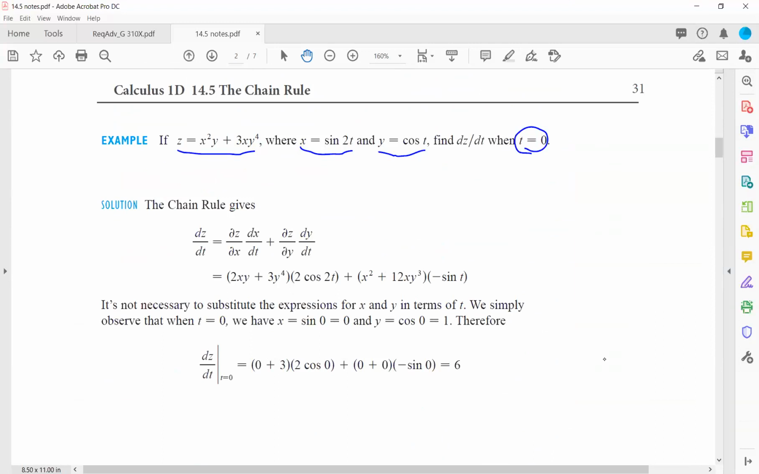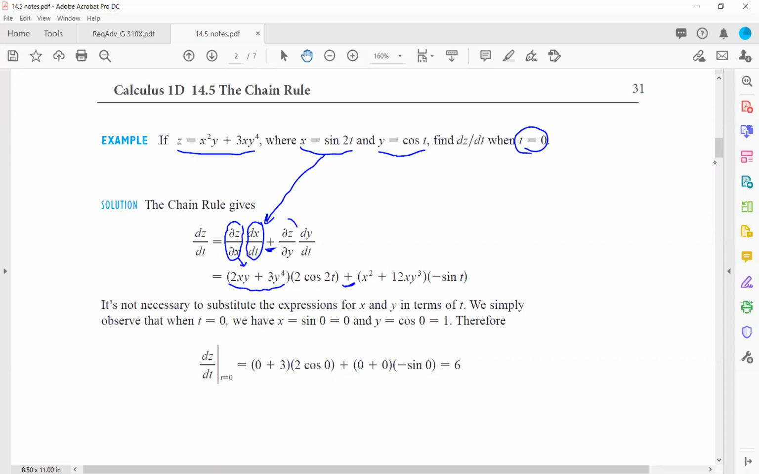So to find the differentiation of z with respect to t, we have to find the partial derivative of z with respect to x. Okay, partial derivative of z with respect to x. So let us find it first. You have to take the derivative of z with respect to x and assume y is a constant. So you have 2xy plus 3y to the 4th. Then multiply this by the derivative of x with respect to t. The derivative of x with respect to t. So the derivative of sine 2t is 2 cosine 2t. Addition plus